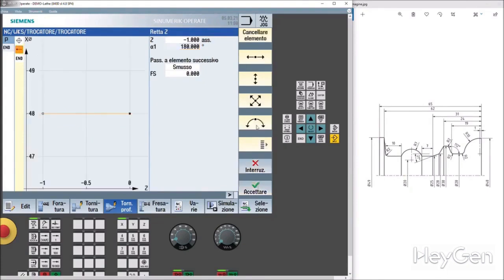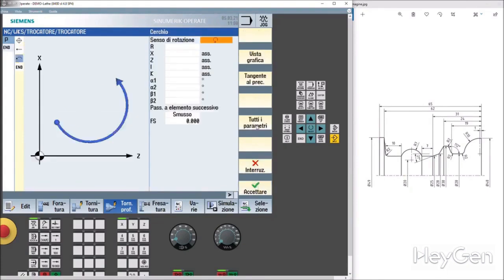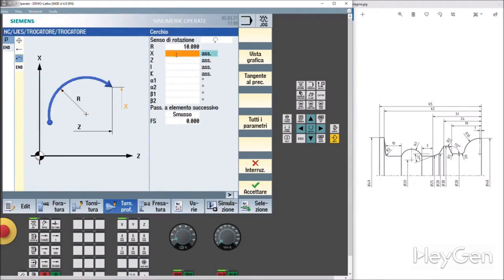We accept and do our first circular interpolation. It's a circular interpolation in a counterclockwise direction. Radius 10. Endpoint in X28. And here it's also 28.